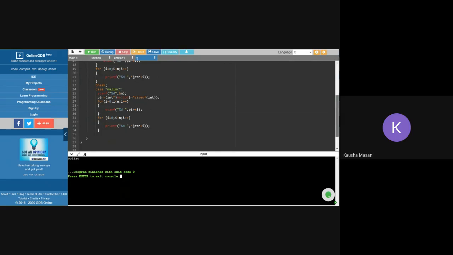You can even write one default statement also, to handle the situation where the choice is not matching with any of the cases. Ma'am, default is optional, so I haven't given it right now. Yeah, it is optional. That's what I'm saying, that you can even write a default case also to handle a situation where the choice is not matching with any of the cases. At that time, you can also give one default statement. Okay, ma'am.